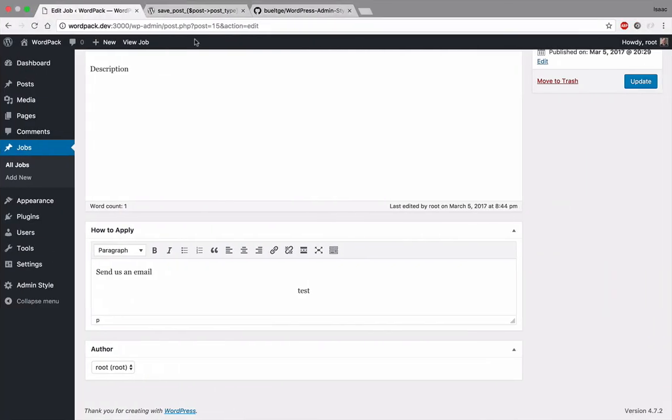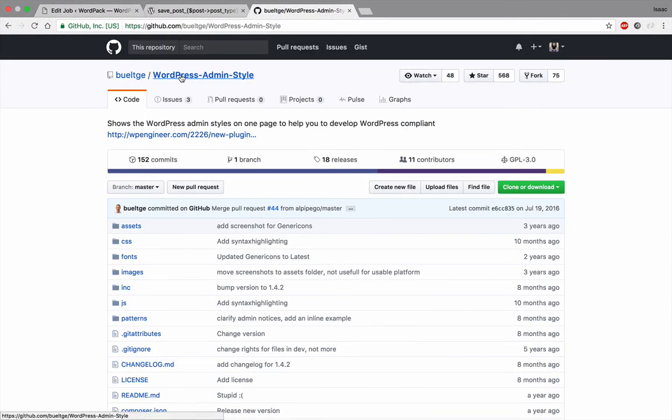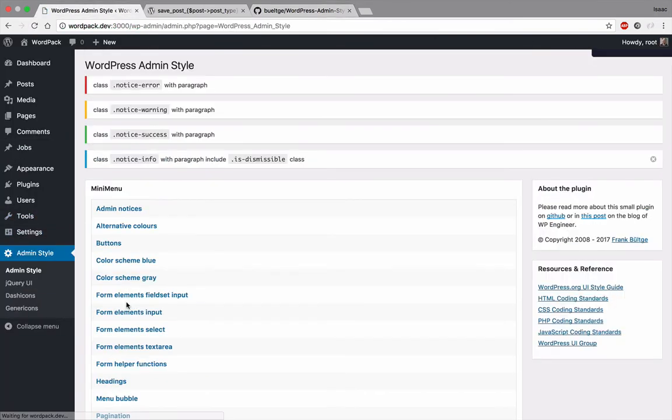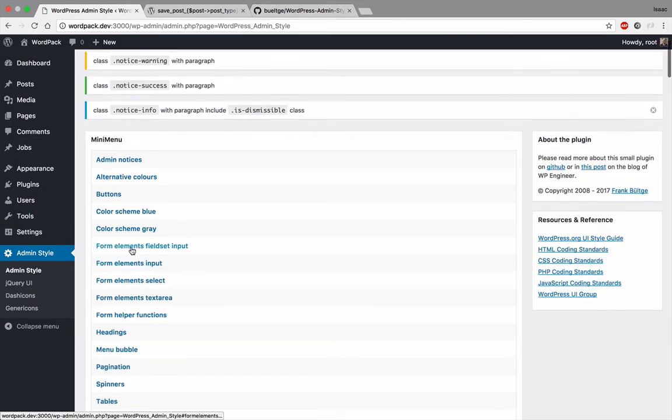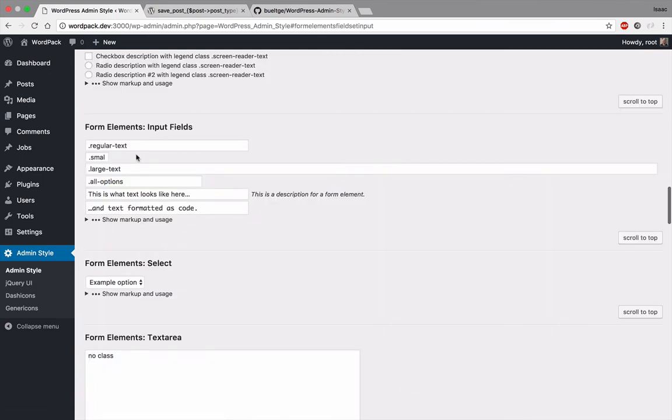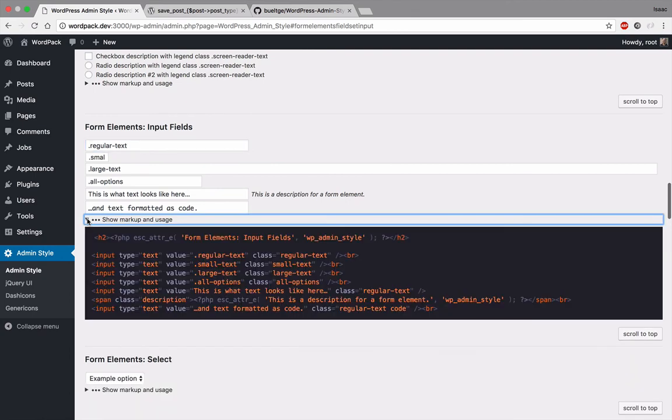And now I installed this plugin called the WordPress admin style. It's pretty useful. What it does, it helps you to write forms and inputs the WordPress way. So we can have like four elements, field set, inputs. So we see regular text, small, and we can see this one. Okay, so for example, if we copy this one